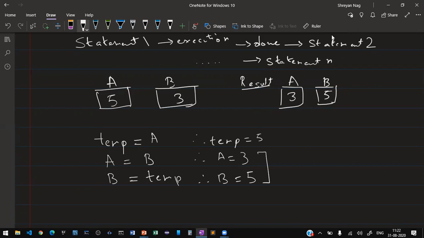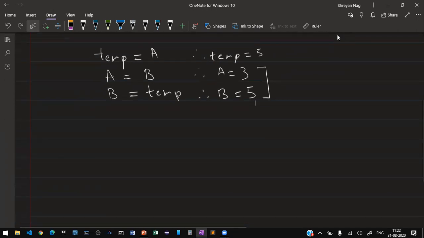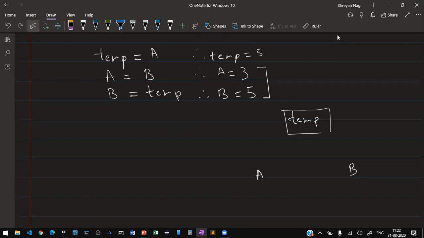If we represent this with a diagram, we put temp, b and a into individual blocks. Looking at the picture, a is getting stored inside temp. This is step 1.